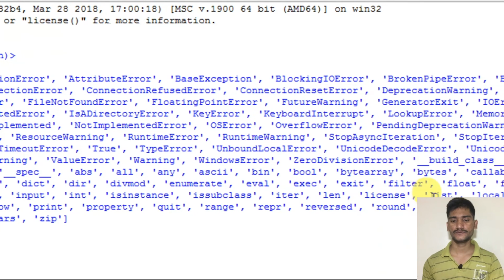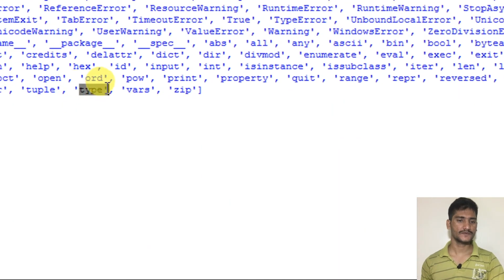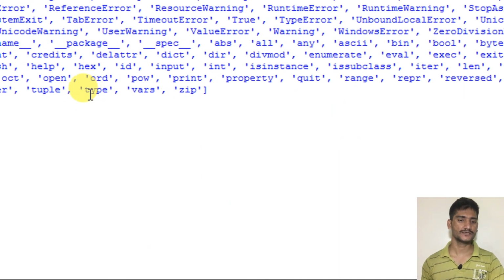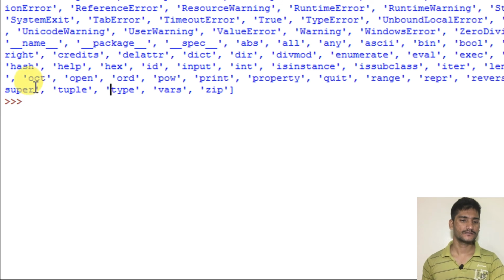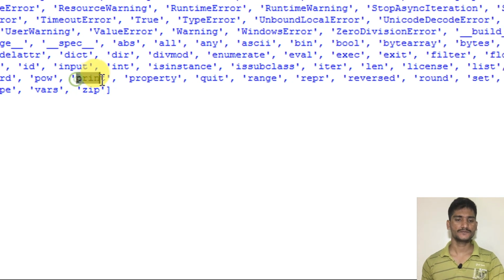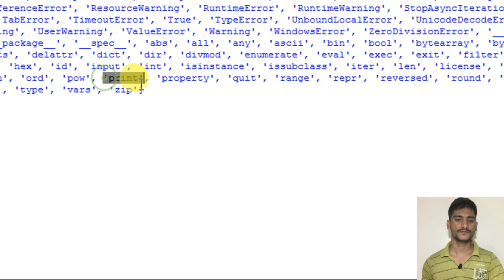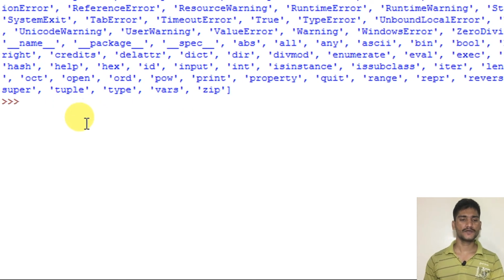Then which one did we use? See, this is type here. We also used type, right? And see, here is print. I want to read them one by one, which means I just need to store dir of builtins.